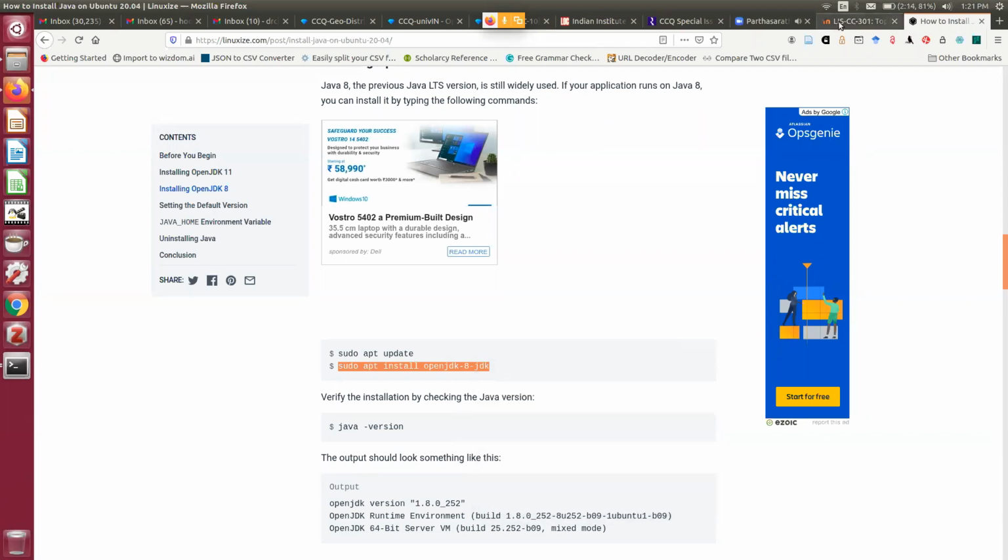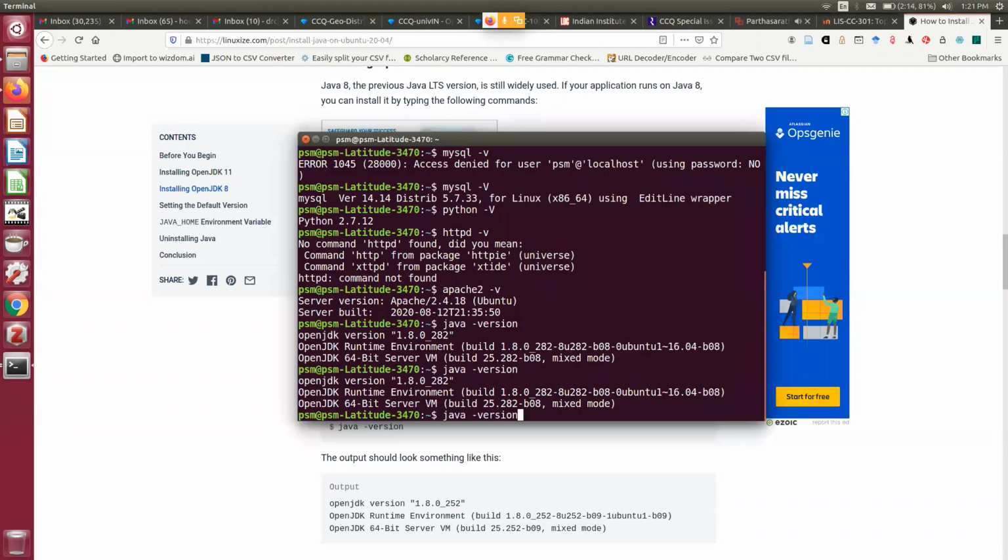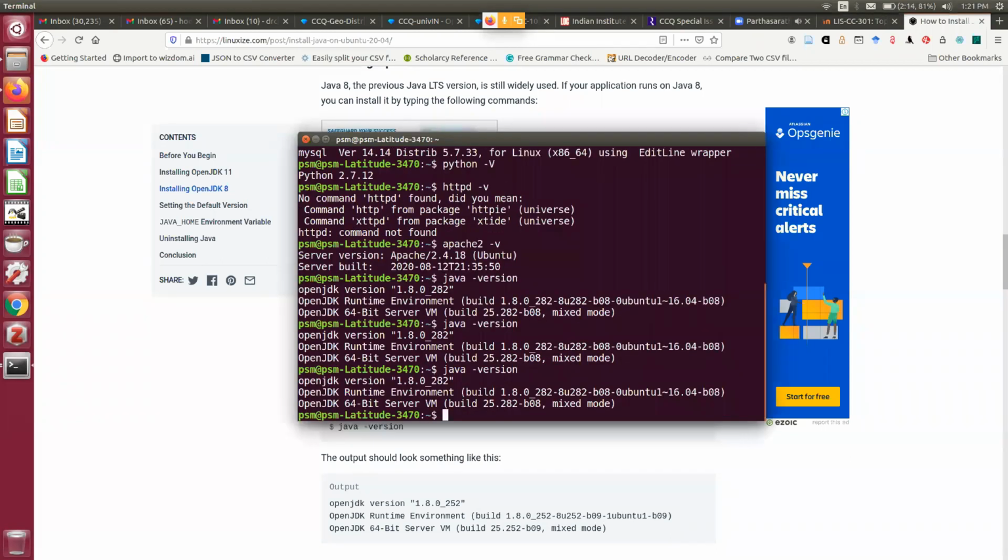So now first you check what version of Java you are having. If you are not having Java, there are two cases. It can be three cases rather. It is exactly matching with our requirement, I have Java 8 in my case, or it may so happen that I do not have Java at all. So in that sense you are lucky. So then you just do this.